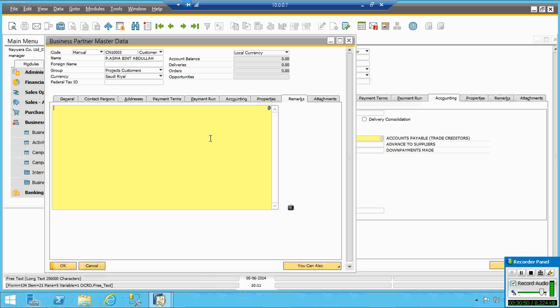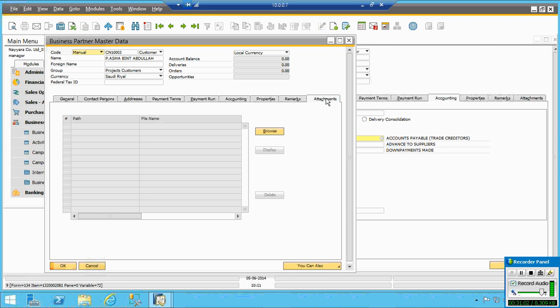You can even add an image, a picture of the company, a logo, anything, or the person's image, and see everything. Any attachment with respect to this customer, if you take vendor, with respect to the vendor, if you take customer, with this customer, you can give an attachment. Maybe if you have a contract with him, you can attach it. So when the documents are here, you just open the window and see the attachment is there.